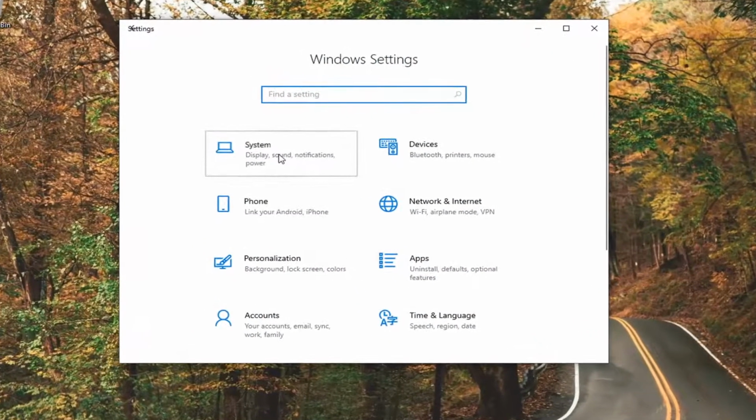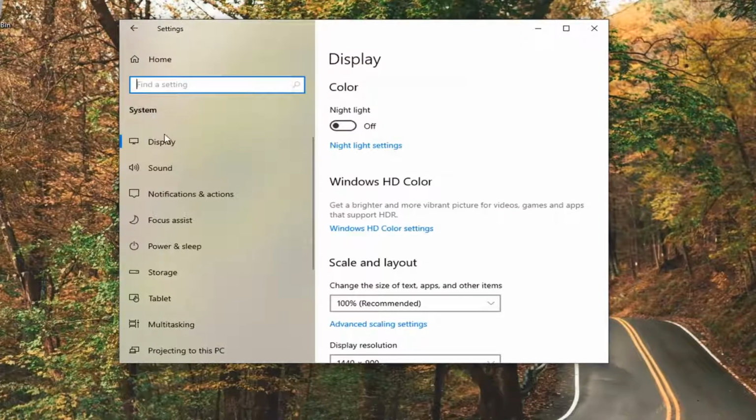Select the system tile, and then on the left side underneath system you would select battery. I'm on a desktop, so it's not going to give me that option, but again you would select the battery button. It would come up right underneath system, and then on the right panel it would say battery saver. To get more from your battery when it's running low, limit notifications and background activity, you just would toggle that